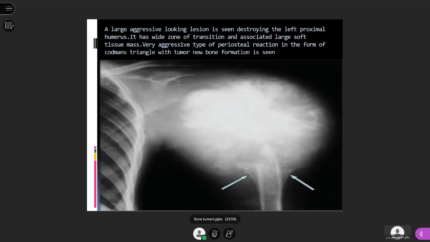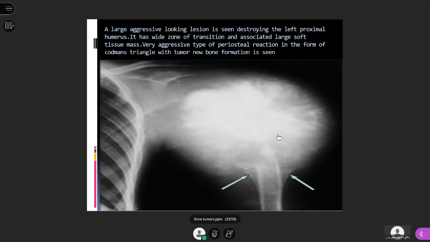So this is a large aggressive tumor. This X-ray is of the shoulder joint. Okay, and what you see here is destruction of the humeral head and the adjacent part of the scapula by a bony tumor, which is producing more bone. See, this tumor is producing abnormal bone. That's why it is osteo. That is why it is osteosarcoma. That is why it is a bone forming tumor, because it is forming more bone. Okay, but that bone which is formed now is abnormal in texture. It's not normal. Okay, so it has a wide zone of transition. How? Because you cannot mark the margin where the tumor is ending and where the normal bone is starting.